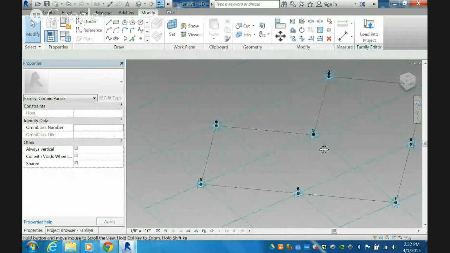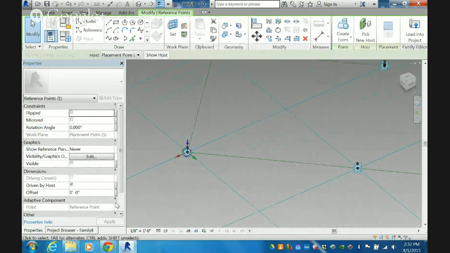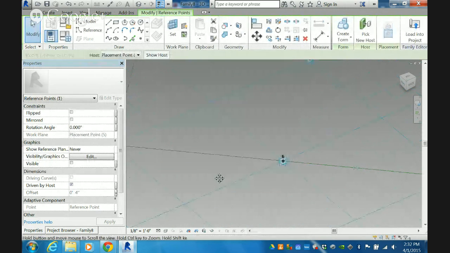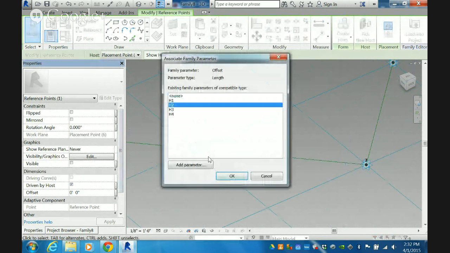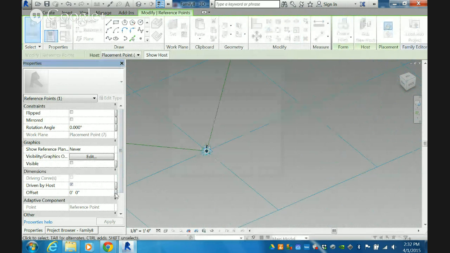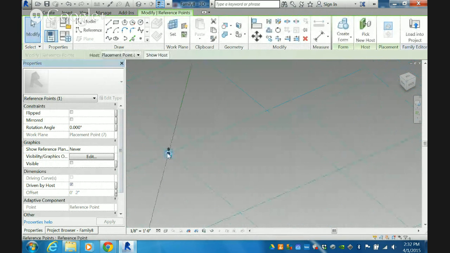And because I believe there were 8 pieces to this, I'll now start over again. So we'll do 5 at 1. 6 at 2. 7 at 3. And 8